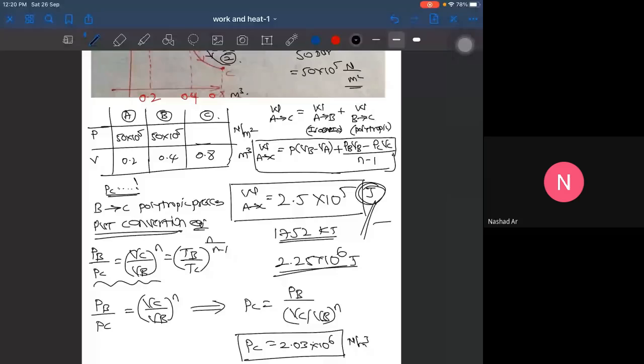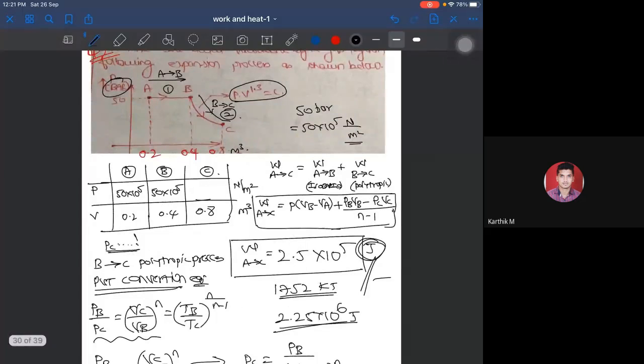So I hope we'll get the same answer for everyone. And how about the problems? Are they easy to understand? Yes, Karthik. Sir, for the work done from A to C, there is a P value. Which one to substitute, sir? Which one to substitute? It is P definitely, because the P value is in regard to